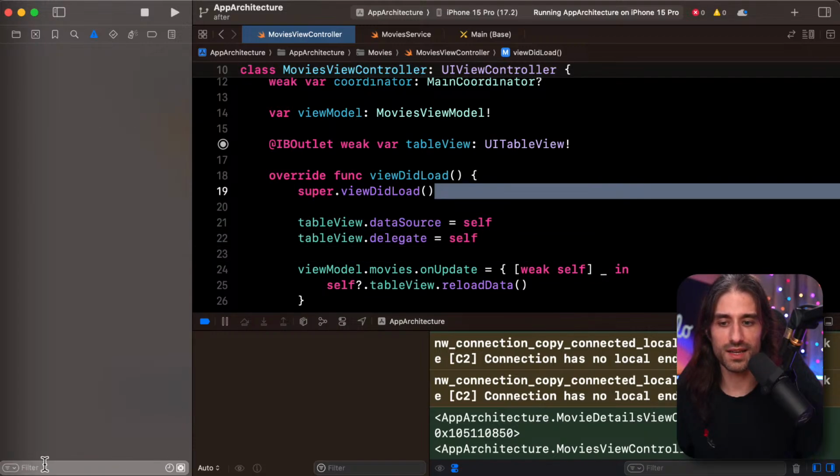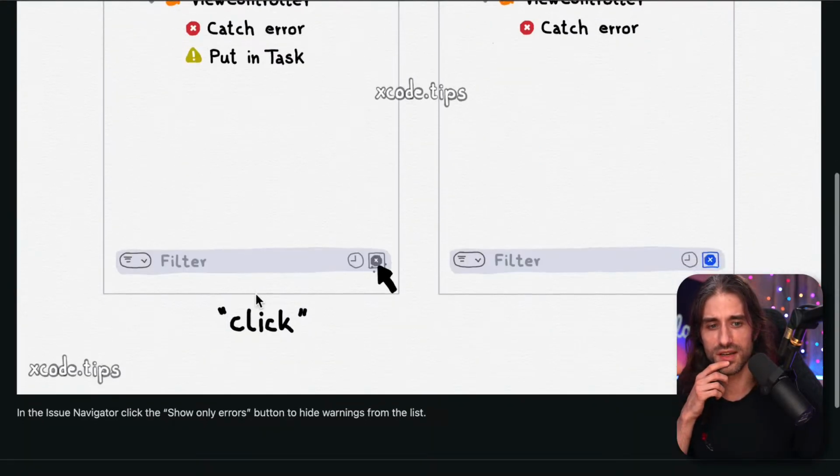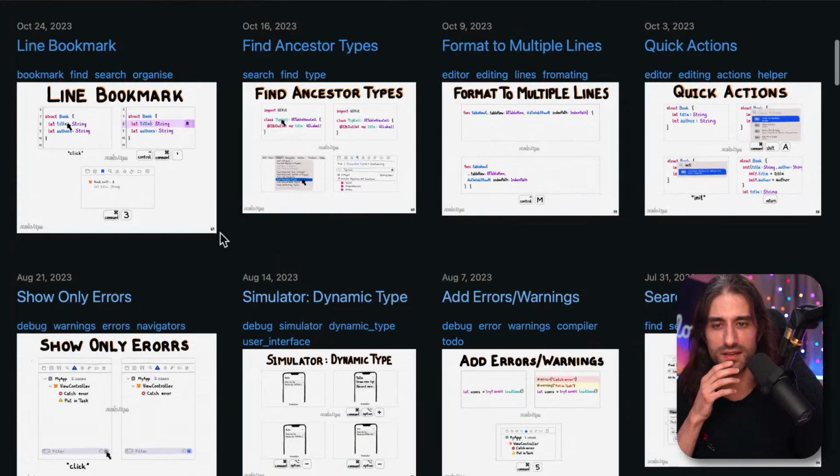And all of these little filters at the bottom can be really useful. You also have the one next to it, which is to show issues from documents that you've been recently building. I'm not sure what recently means in that case, but maybe it can be useful also if you have a lot of warnings and you only want to know the ones that you've created recently. But I've never used that one, so I'm not sure what recent means in that context.